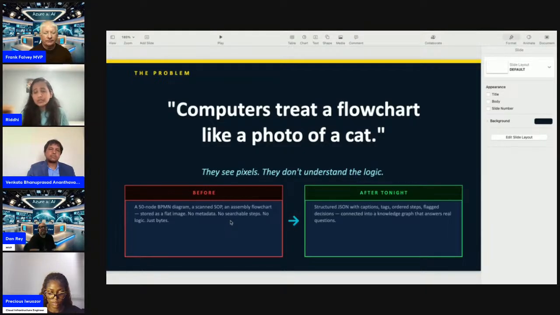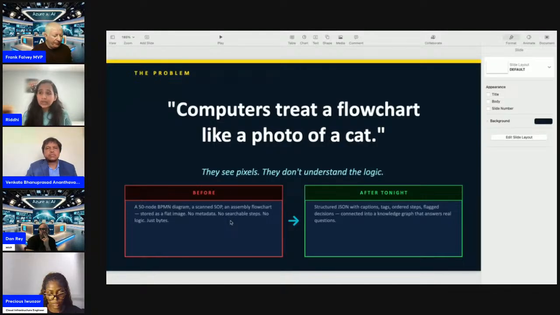The computer really treats a flowchart like a photo of a cat. When we consider this from the manufacturing standpoint, usually BPMN, the business process model diagram, has a lot of SOPs and the logic where we can make the decision. But in the current scenario, it's just an image.